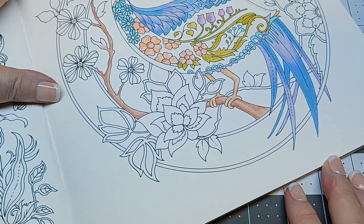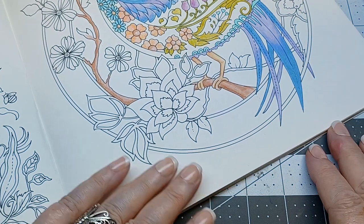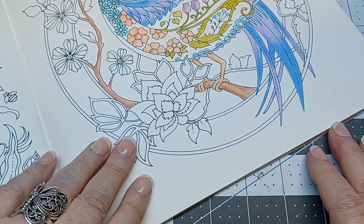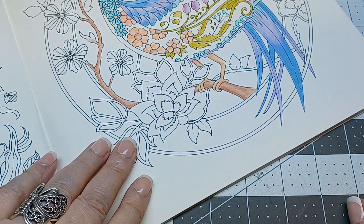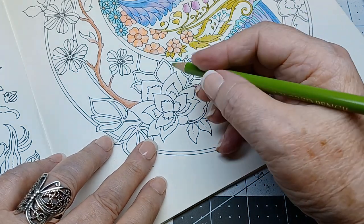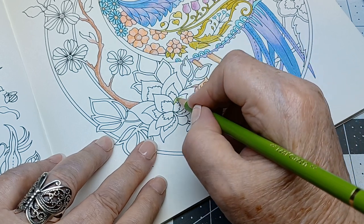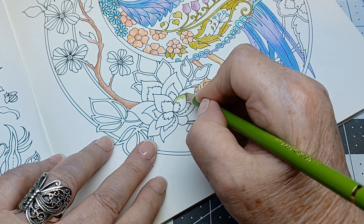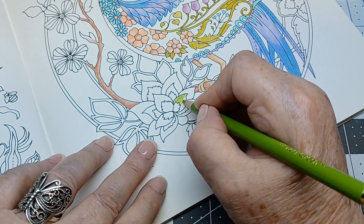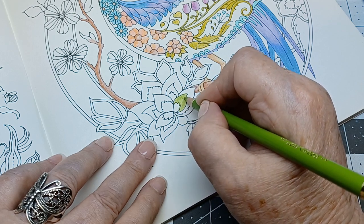And now let's start with whatever we're going to do with these things here. So it's some kind of a leaf. I'm going to start with my leaf green. That's what I thought it was. I just want to do this picture mostly just in these